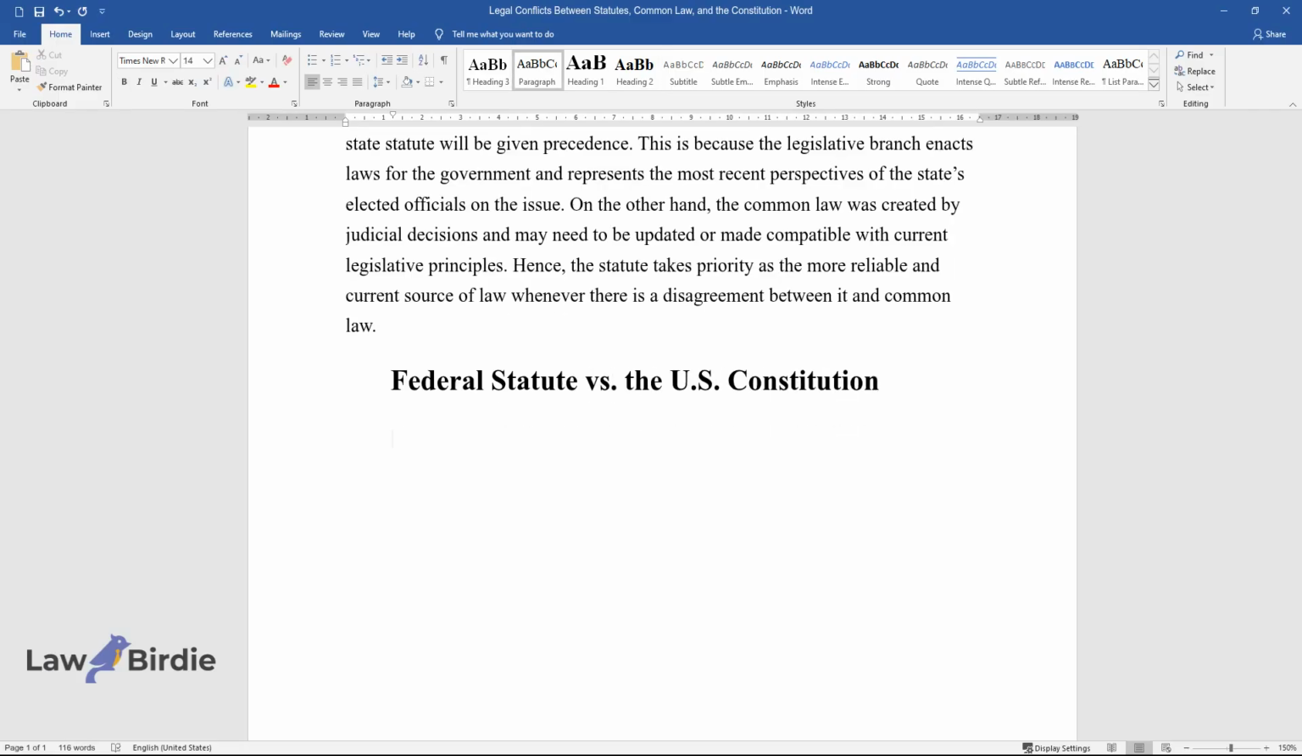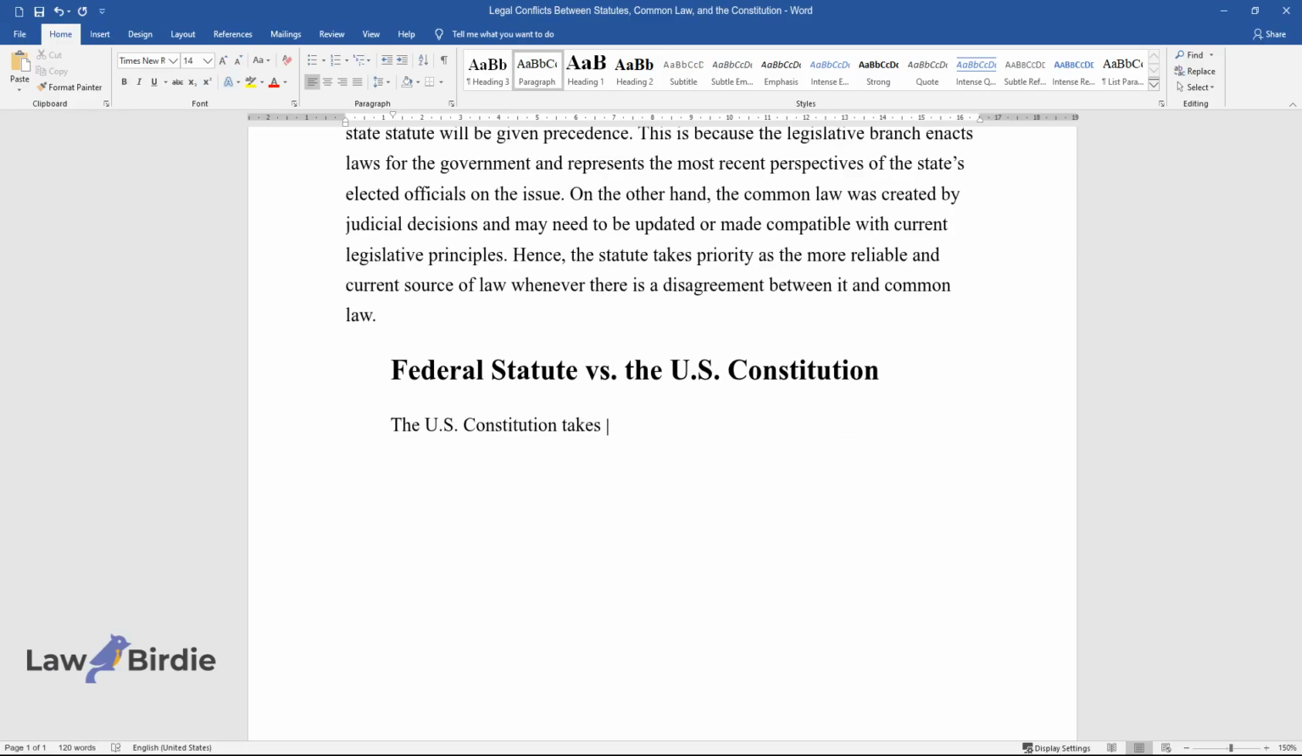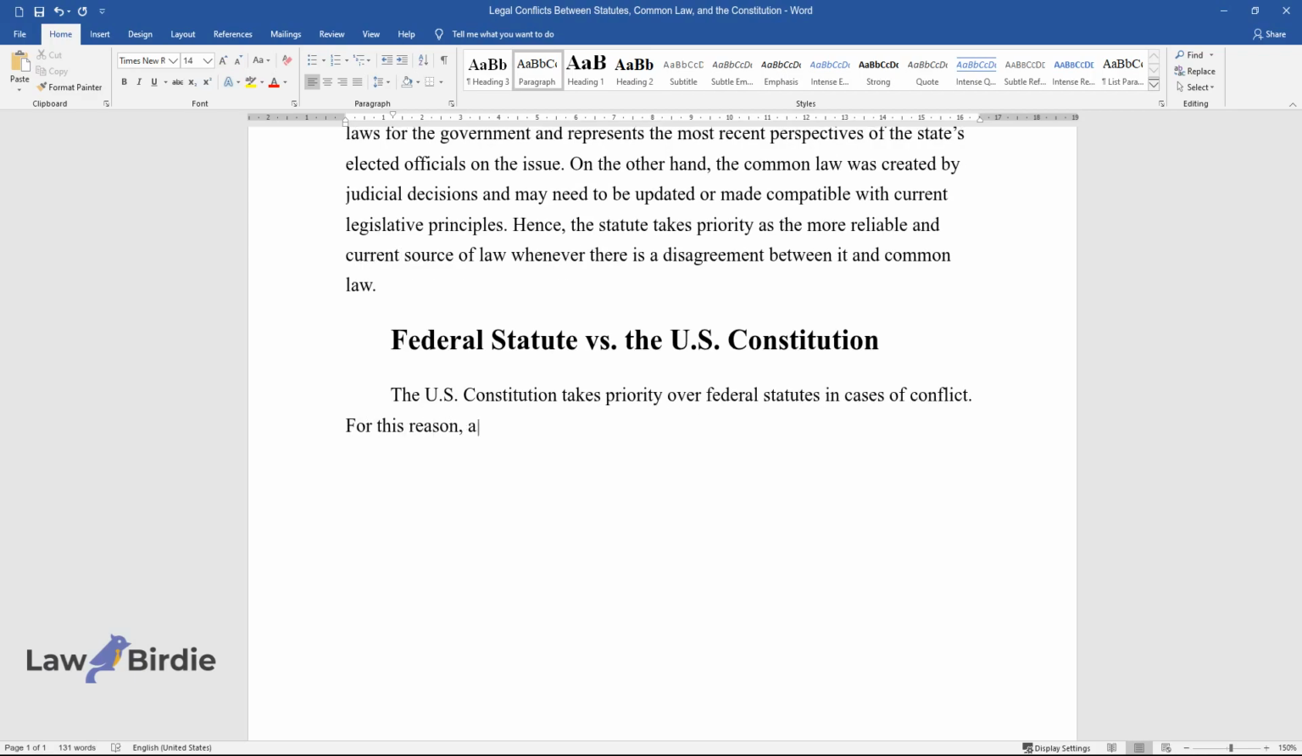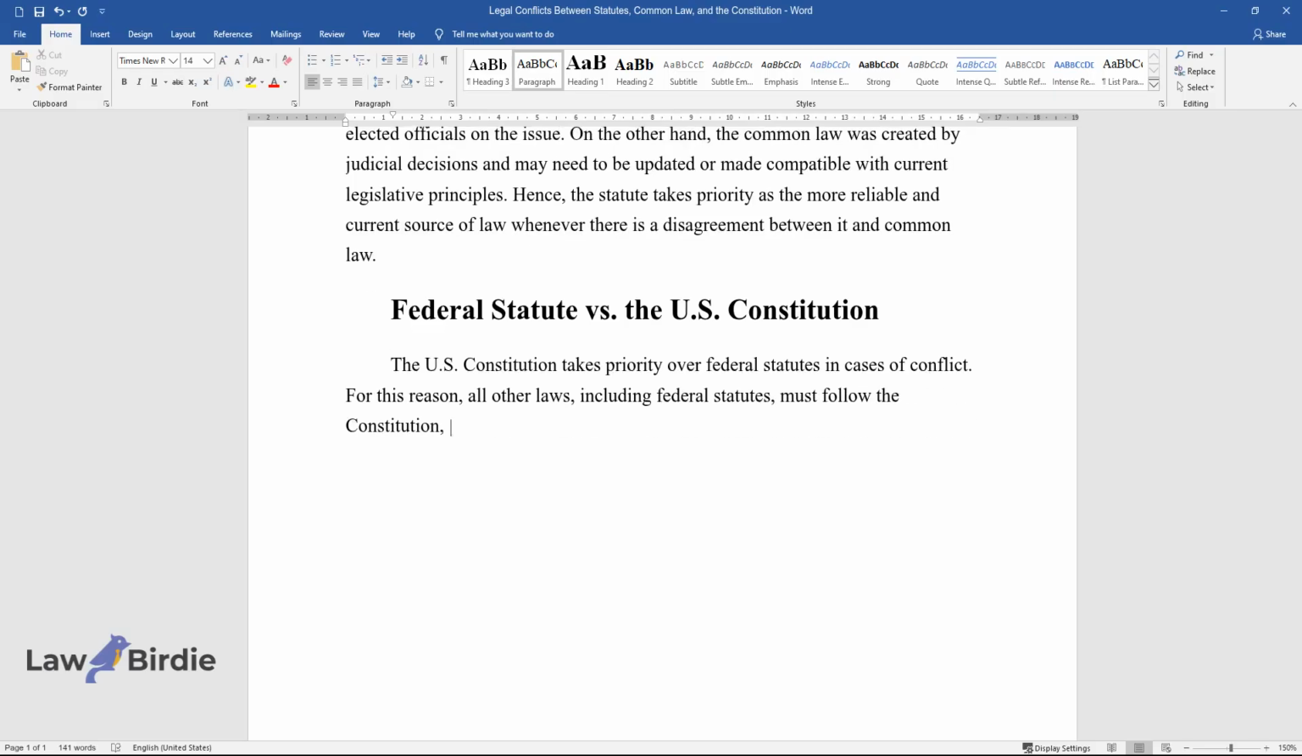Federal statute versus the U.S. Constitution. The U.S. Constitution takes priority over federal statutes in cases of conflict. For this reason, all other laws, including federal statutes, must follow the Constitution, which is the ultimate law of the